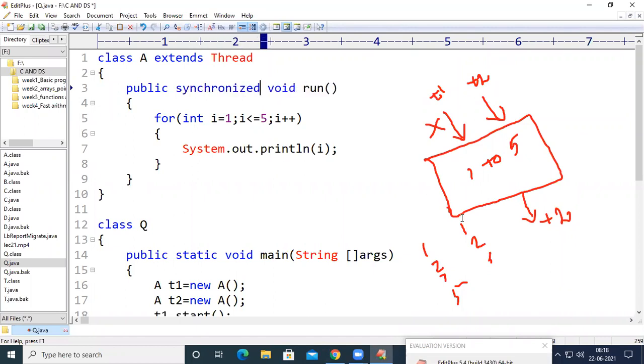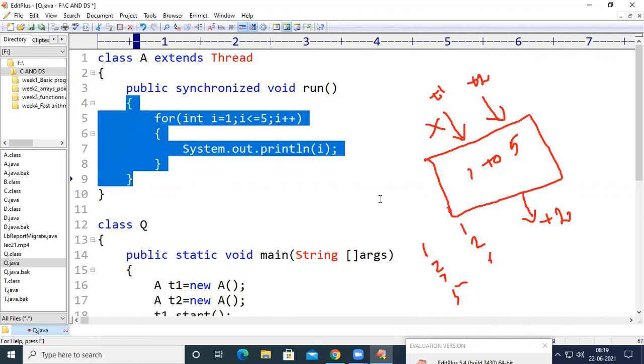See here, if I have this synchronized keyword, as we discussed earlier, this block from this position to this position, what was highlighted on the screen, will be executed by only one thread at a particular point of time.